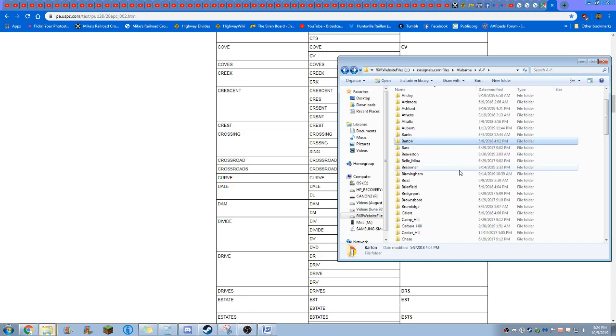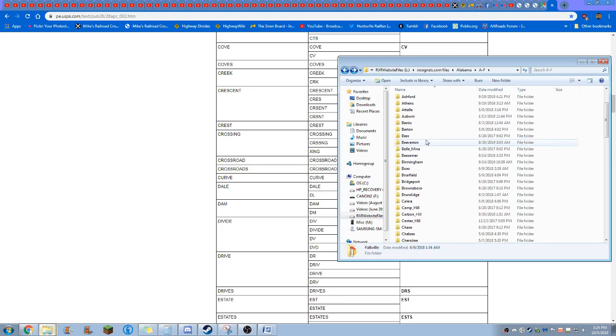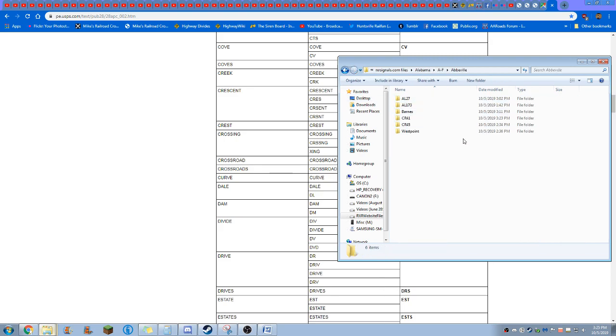Barton has 3. So what I'm going to want to do is make a, what I like to do personally is just take a town page that's already been made and just Hawkville, that has 6, and just copy paste the index page from that into the town I'm working on if it's a brand new town. So now Abbeville,